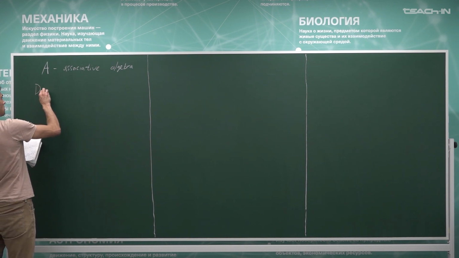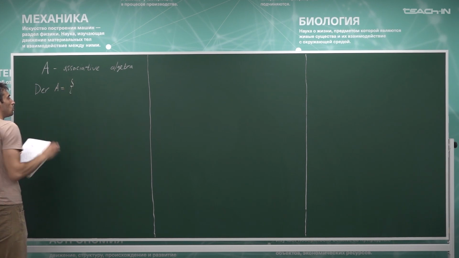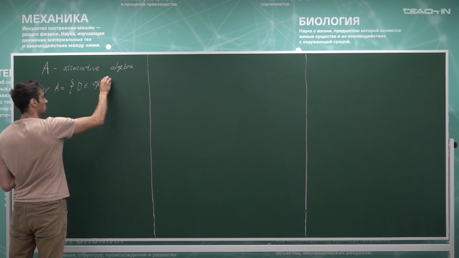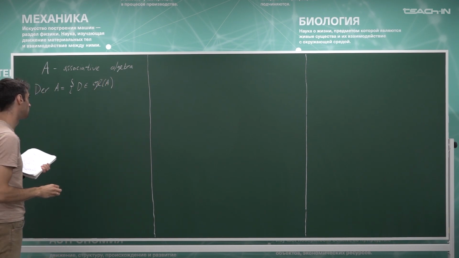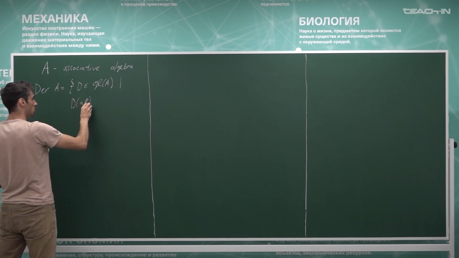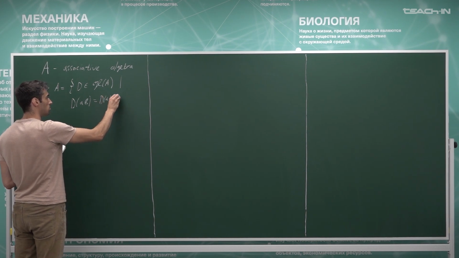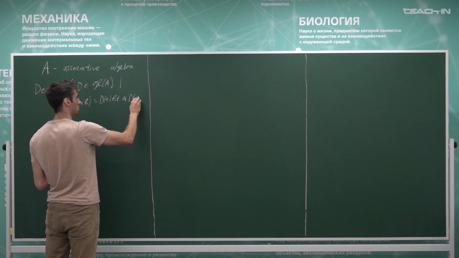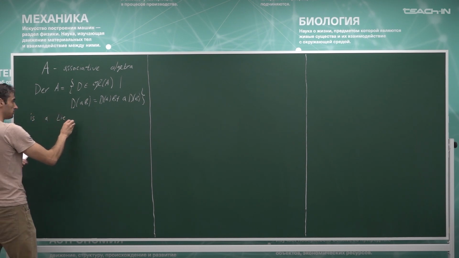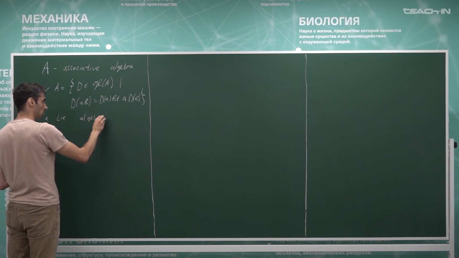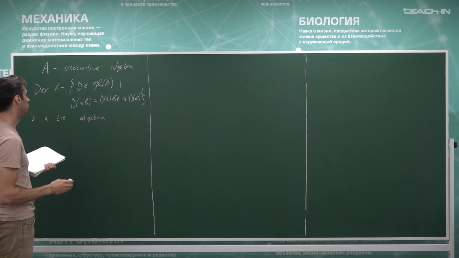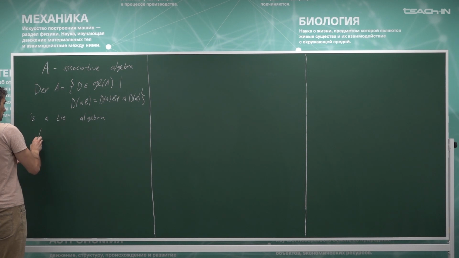then derivations of A, which are all linear transformations D such that they satisfy the Leibniz identity, so D of AB is D of A times B plus A times D of B, form a Lie algebra, which, as it is, might not be finite dimensional. One particular case of this is when A is